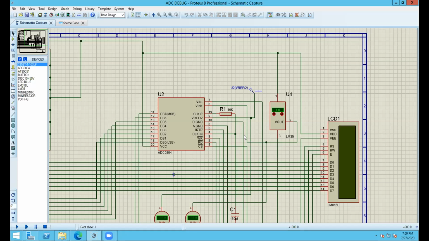Now tell me one thing, just to make sure we are on the same page. Say we are going to measure 0 volt to 10 volt. Then what would be the Vref by 2? It's 5. And what about 1 volt to 11 volt?